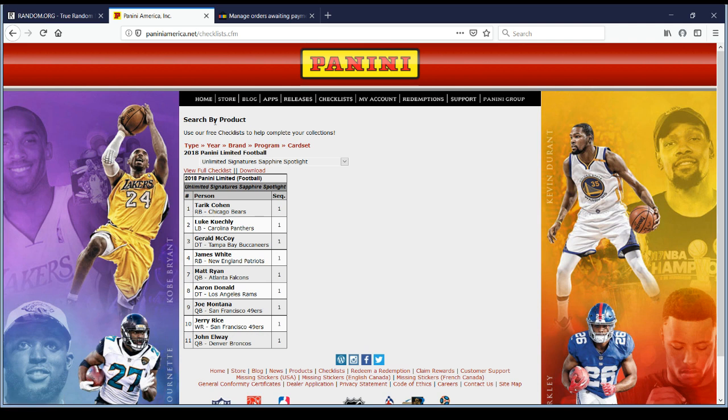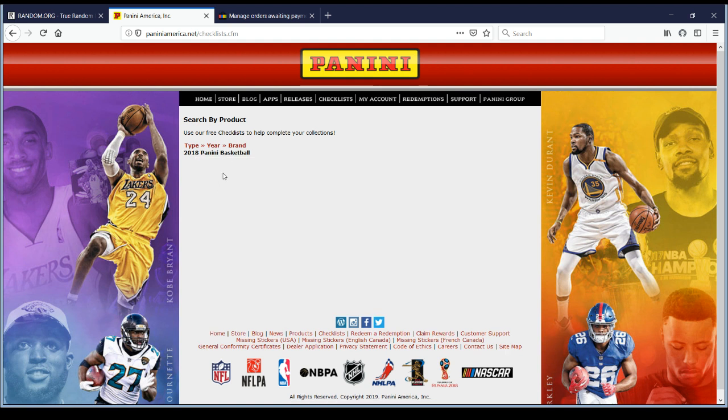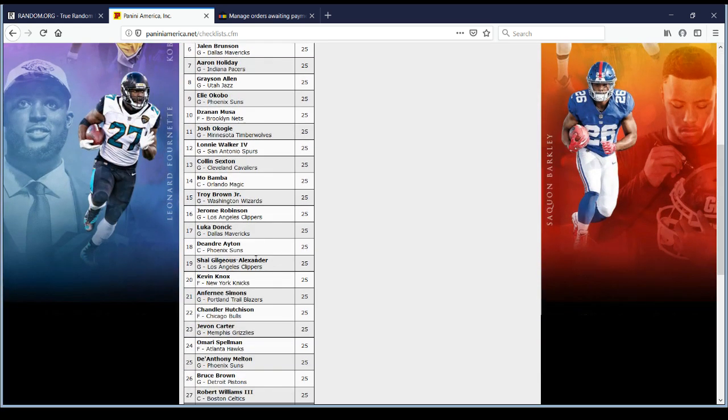All right, let me get us set back up where we need to go here with the Panini checklist, and we'll find out what we need to know about this. You do have to go through several drop-down menus to get where you want to go. But I am really grateful that they have this. It's so handy, and it goes all the way back to 2009, I think. All right, so Rookie Jersey Autographs Prime is our card set. Right there should be card number 22, should be Chandler Hutchison, and it is, and it's the Bulls, and